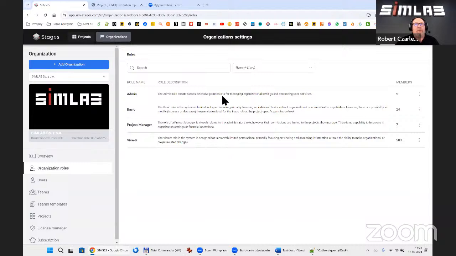So first of all, we have an admin, and admin is really powerful because he can do almost anything in the organization, in the project. The higher level is only for the owner of the organization, who is able to delete the organization. The rest of the possibilities are the same as in the admin role.